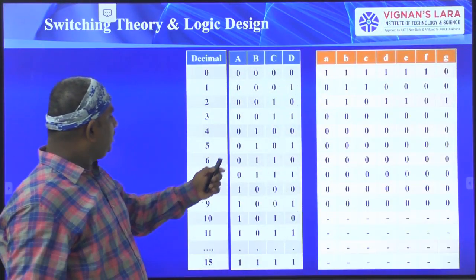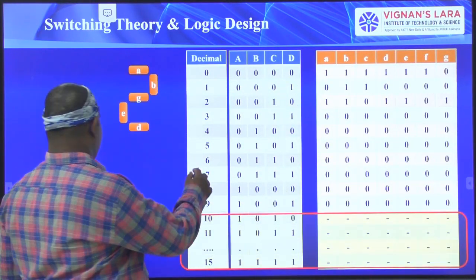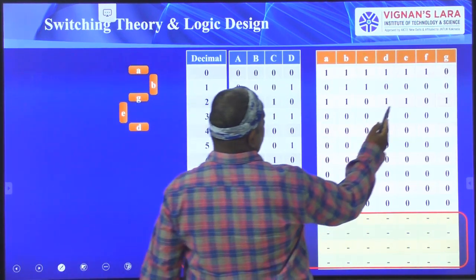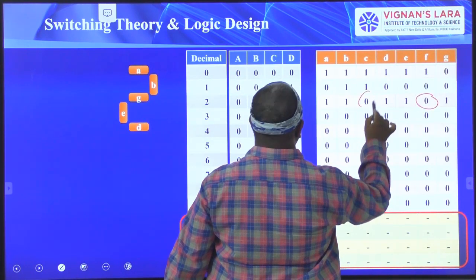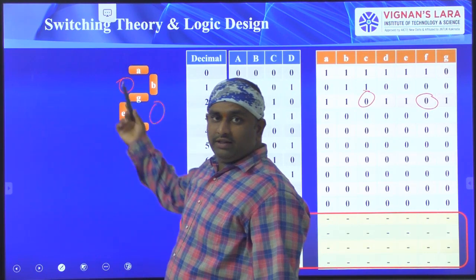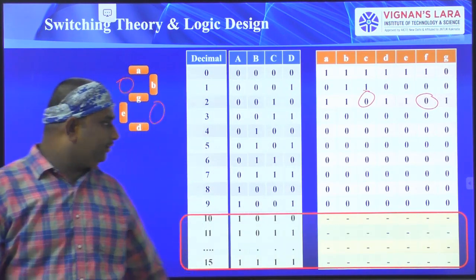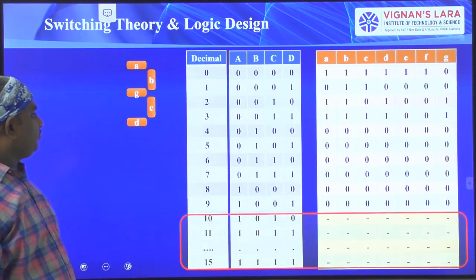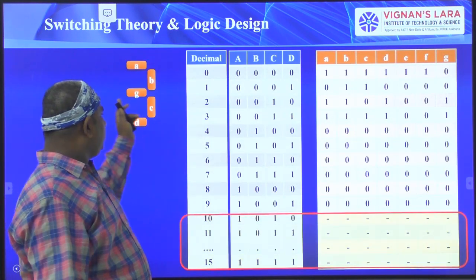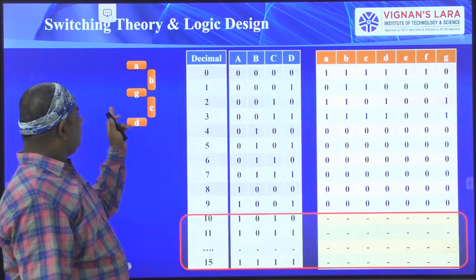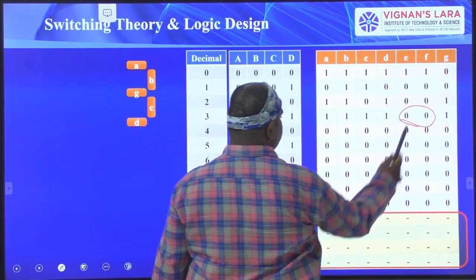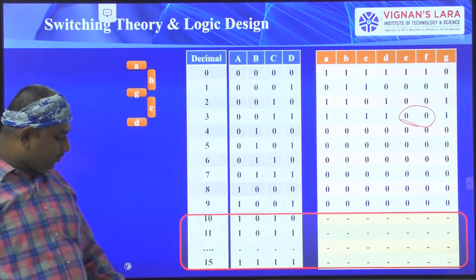Right? So here E is also going to be in the on situation. So only F and C. So here F and C, these two values are going to be off, and the remaining values are going to be on. Next, in the same way for 3. See here for 3, the input is 0011, and the output is that E and F are going to be off in this situation, and the remaining are all going to be on.